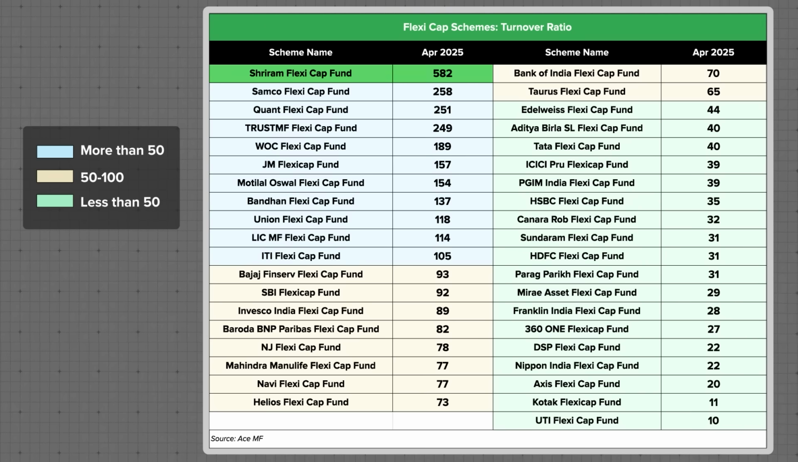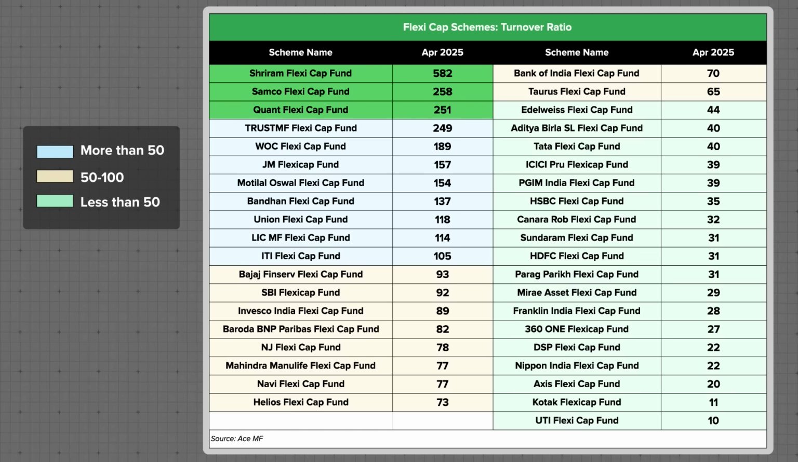On top of the list, Shriram Flexi Cap fund stands out with an exceptionally high turnover ratio of 582. Now, this suggests the fund is actively trading throughout the year, potentially reshuffling its entire portfolio multiple times. Similarly, Quant Flexi Cap fund and Samco Flexi Cap fund also exhibit very high turnover, pointing towards a momentum or